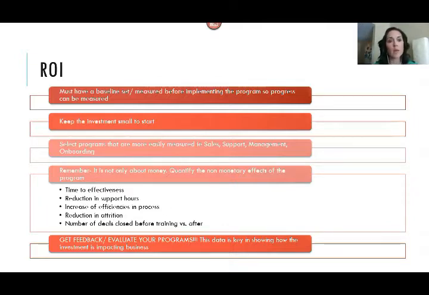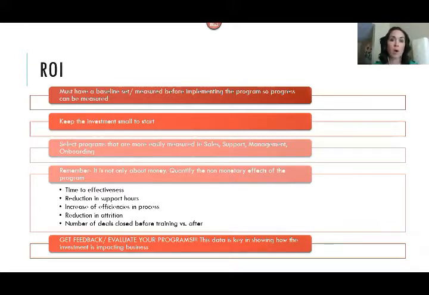Management is another good one. And then again, onboarding programs are always big. Right now, a lot of attrition can be because of lack of learning opportunities, lack of development opportunities, lack of the ability to advance because of those things.